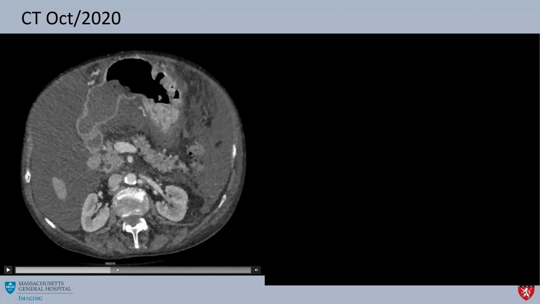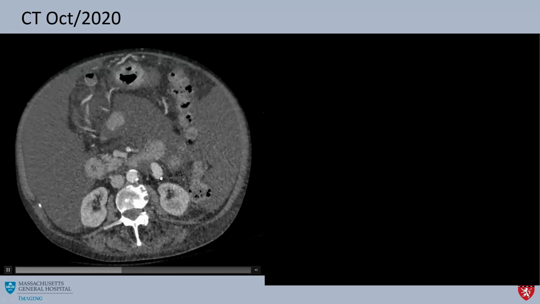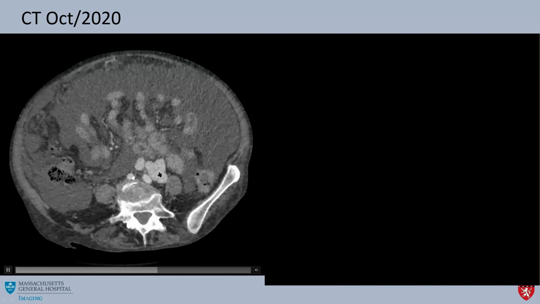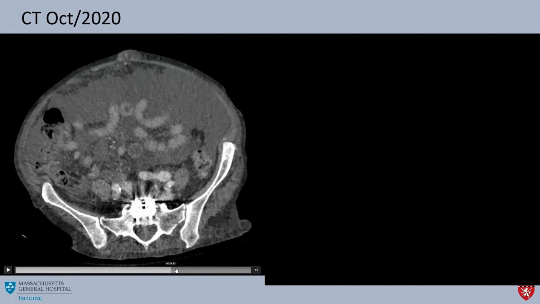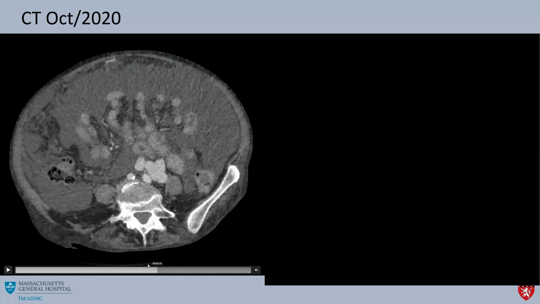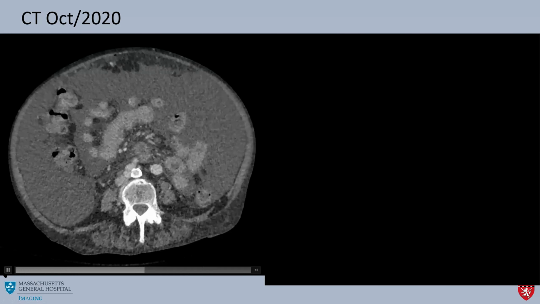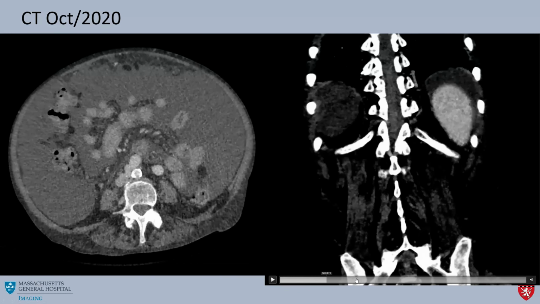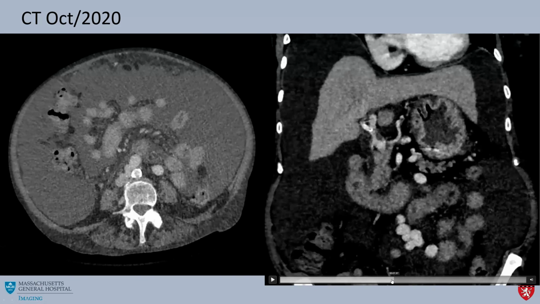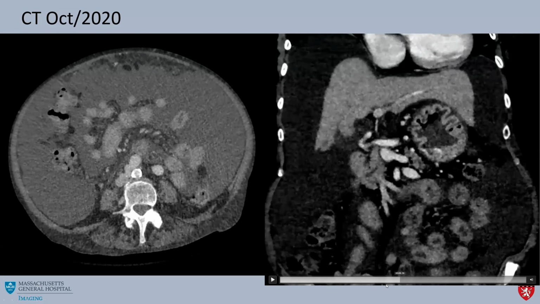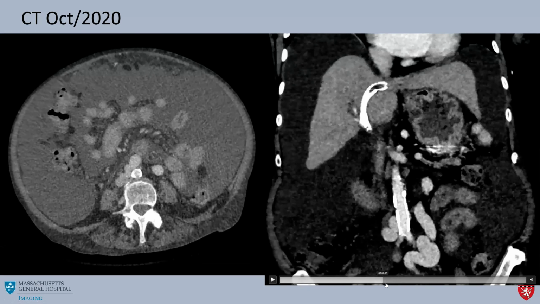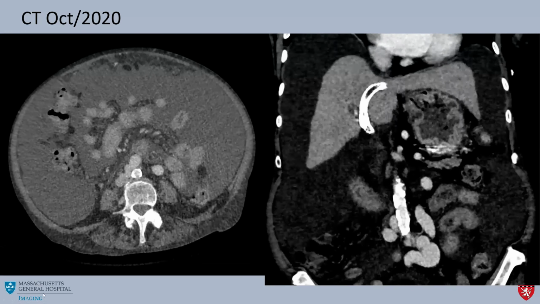That's the splenic artery embo, and you can see here, this is a very prominent IMV that's leading to a large varix, and the varix connects to the IVC, and this is just a coronal view showing the same thing. We see an occluded TIPS with thrombus in the main portal vein, and then you can see this large IMV varix shunting blood away into the IVC.